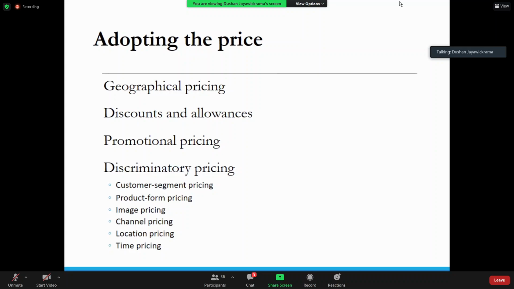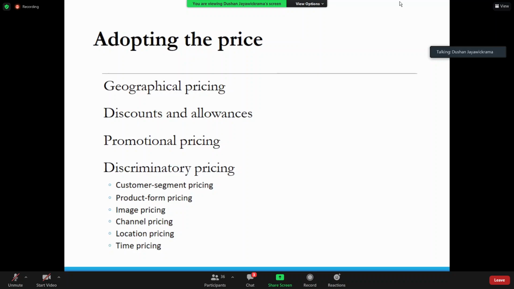Promotional pricing means you make the price itself a promotion, like the product is on sale, and in some retail outlets we see you find discounts from 10% to 90%. You don't find any item at 20.90%, but these are appealing. These are promotional in nature. Price becomes a promotional strategy.